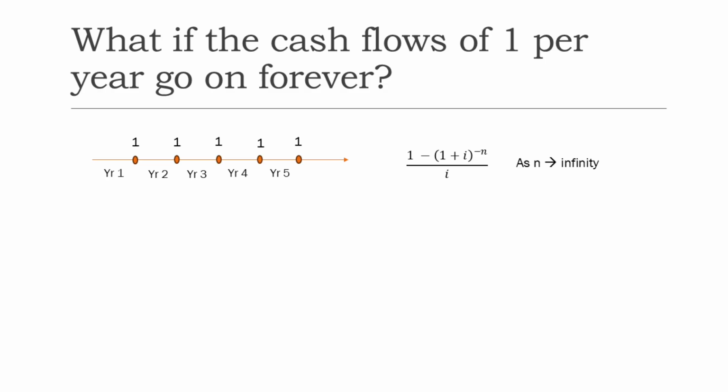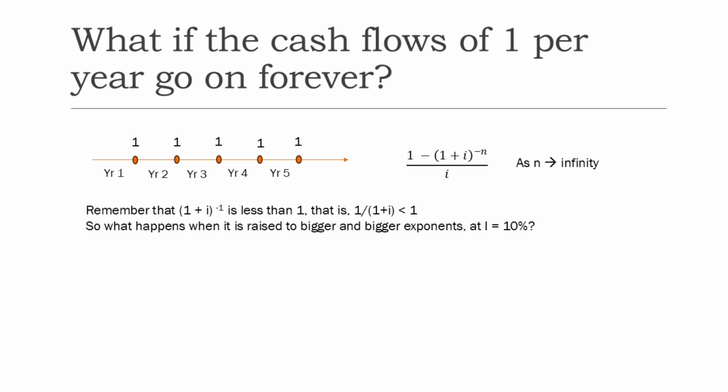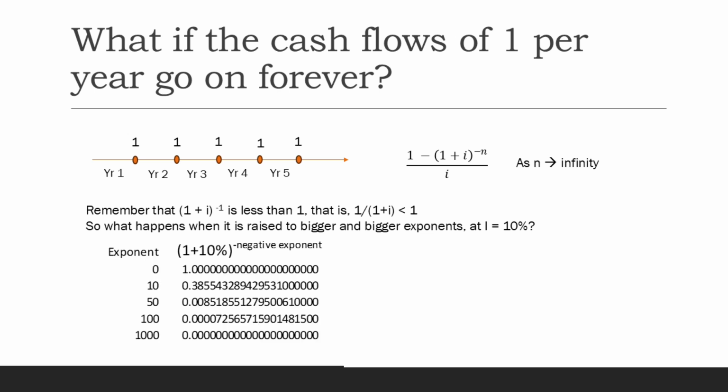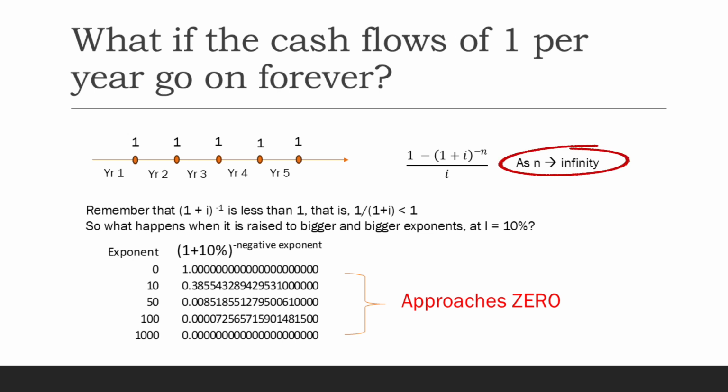What if the annuity goes on forever? Say a payment of 1 at the end of every year. Forever? Well, we know that 1 over 1 plus i is less than 1 if i is positive. And if we keep on raising that number by bigger and bigger exponents, the results move closer and closer to 0 as shown here. So with really big values of n, or as n approaches infinity,